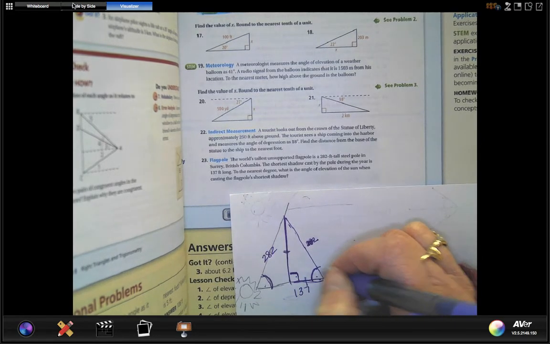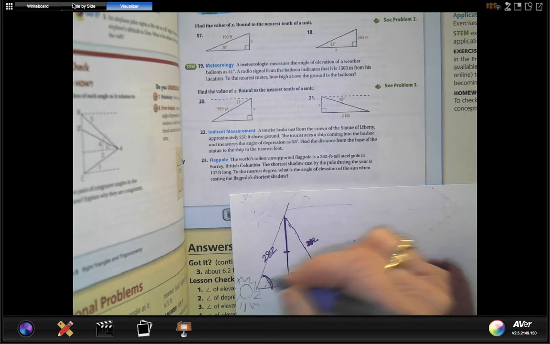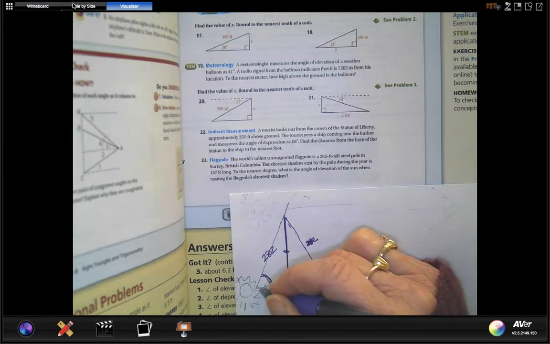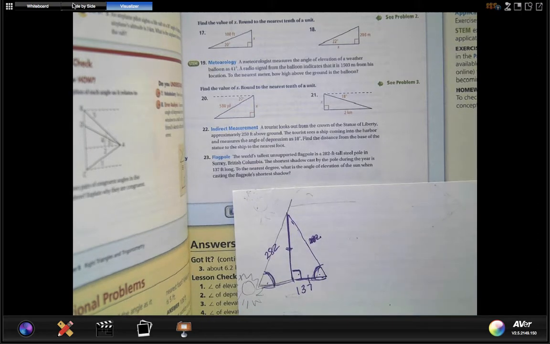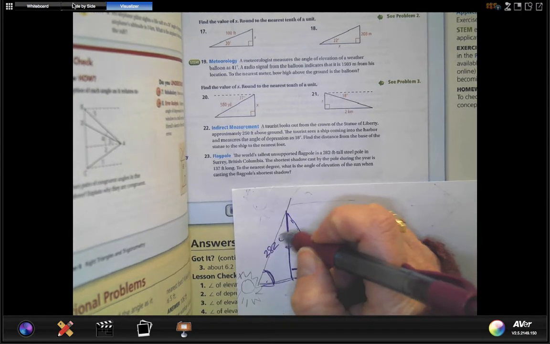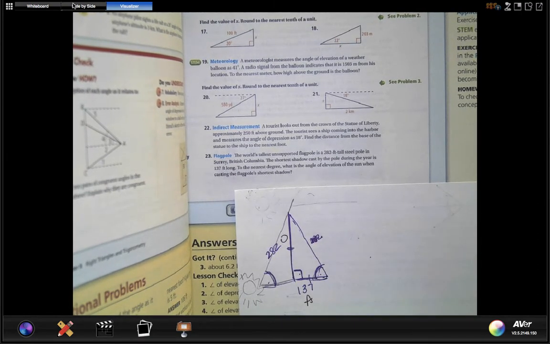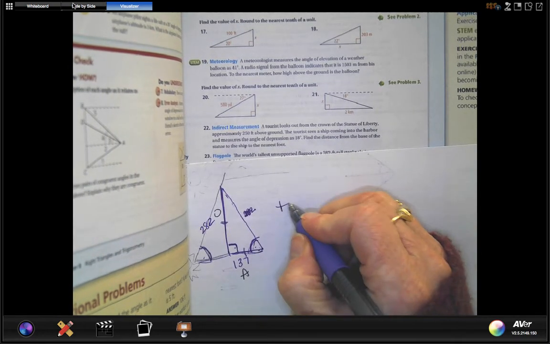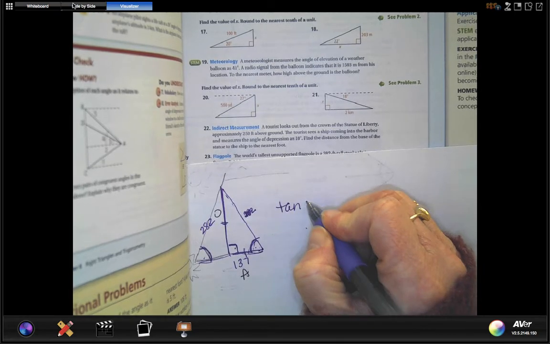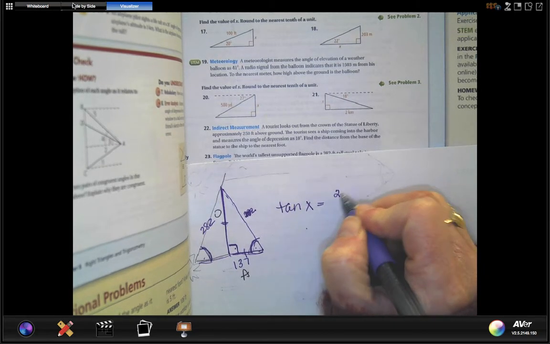All right, so these angles are congruent. So whatever this elevation is, that's the same thing over here. So here's the elevation. This is the opposite. Here's the adjacent. So when I find this answer, I'm going to do the tangent of whatever that angle is, the opposite over